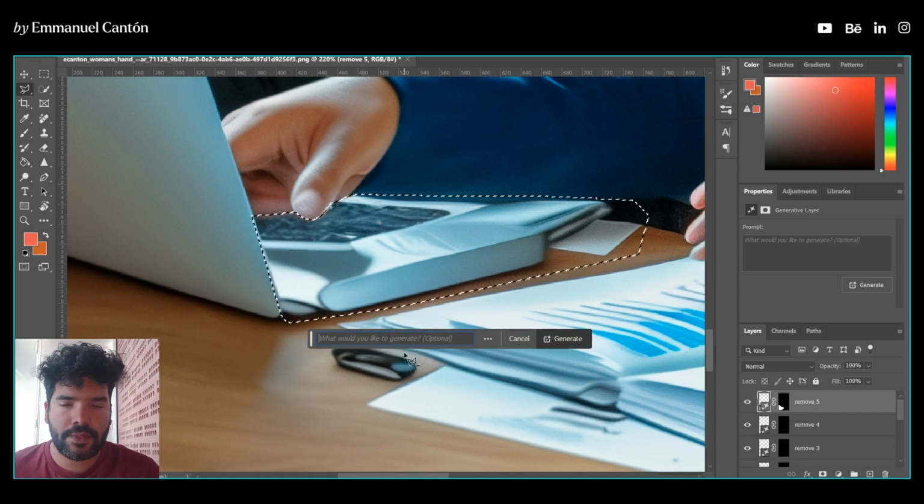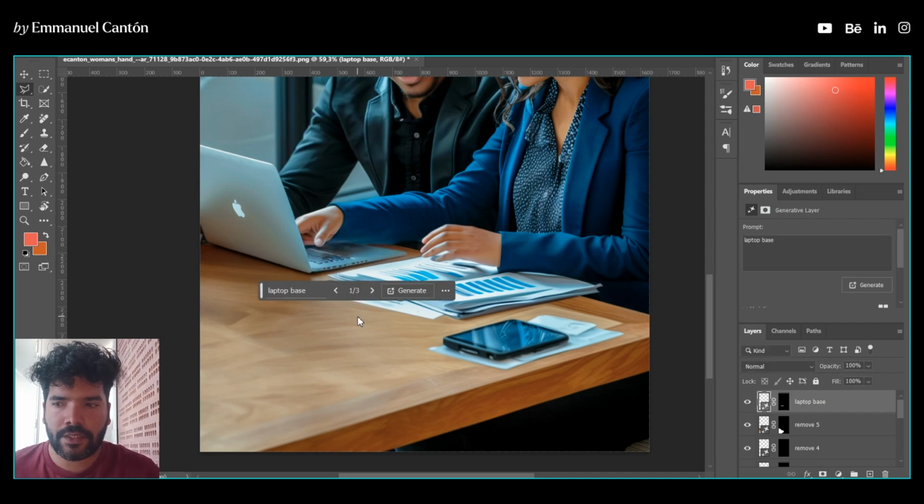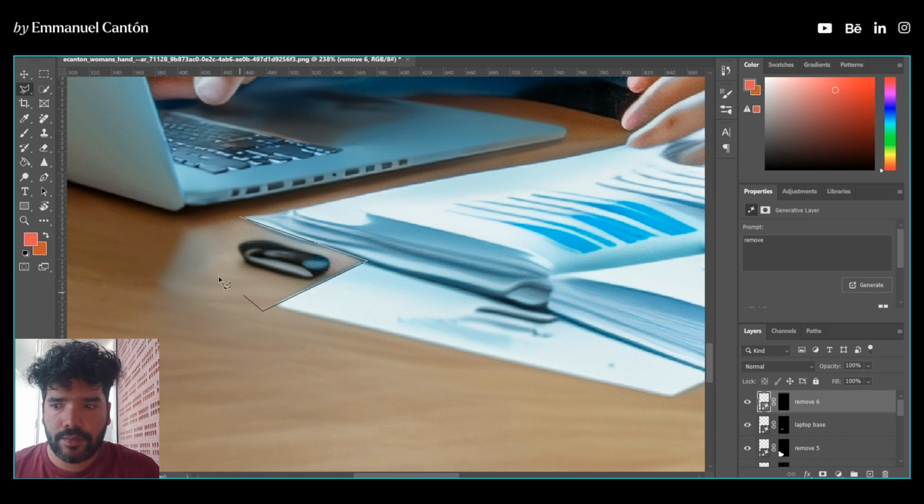If you go really close, you may see that the letters are not that clear, or there is a bit of a bump in the parallelism of the keys. But since this image is going to be used in a bigger format, and these are really small things that are not going to be visible once you use it on an ad, it's not really necessary to keep spending time on it unless you're going to make a really big image for printing or something like that. So now let's keep going on our cleaning process, and let's remove this little